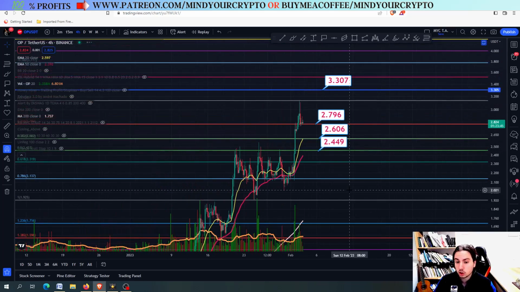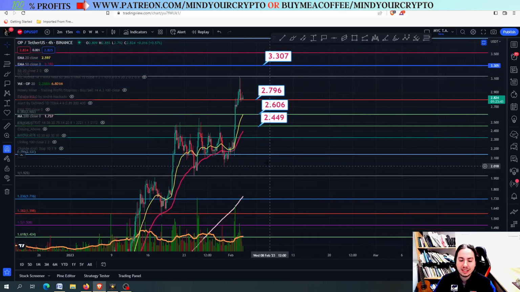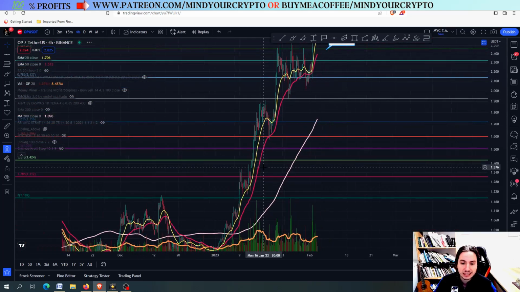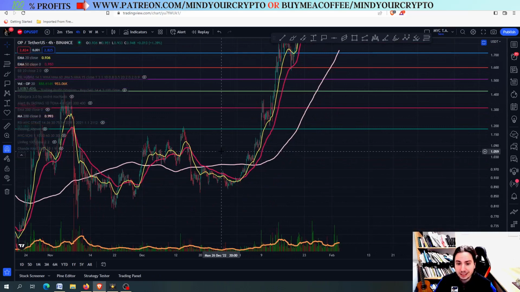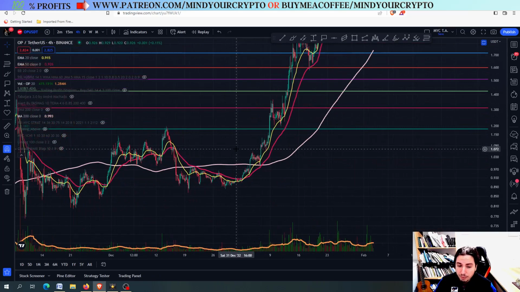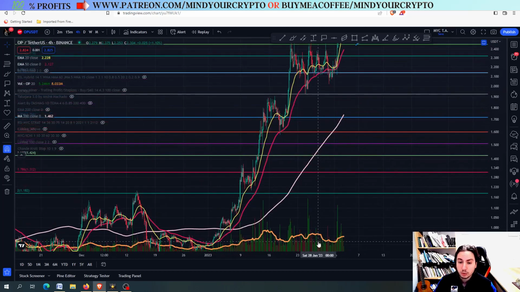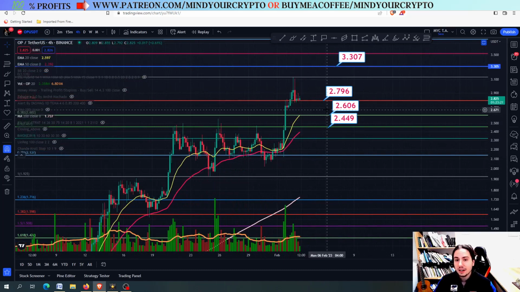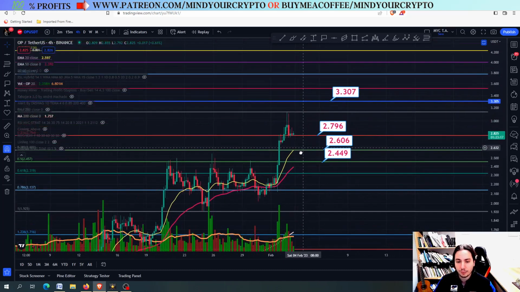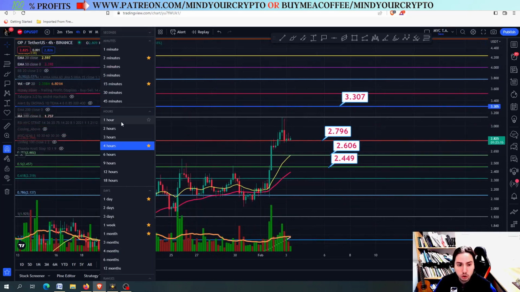OP ignores the market completely. What I mean by that is, even on the crashes, even when Bitcoin was going down, it kept going higher. However, the most significant pump was when Bitcoin was going up as well. So you can see right here, when Bitcoin was going up, OP just went insanely higher. Now, what is going to happen if BTC crashes down? What are we going to think? What are we going to do actually?